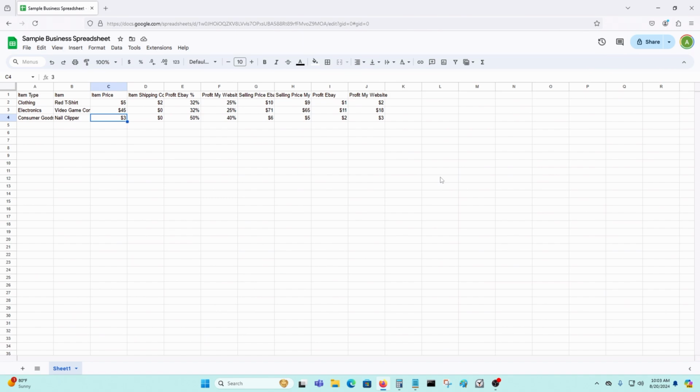You don't need something like QuickBooks or anything like that. If you have Microsoft Office on your computer, you could use that to do the same thing. But everybody can use Google Sheets, because everybody can get a Gmail account, and most computers have spreadsheets on them. Well, on Linux computers they do. I'm not sure about Windows. On Windows you probably have to buy Microsoft Office. If you don't want to pay hundreds of dollars buying Microsoft Office, you could just use this free web-based program from Google. Anybody can use it as long as they have a connection to the internet, and that's what I want to share with you